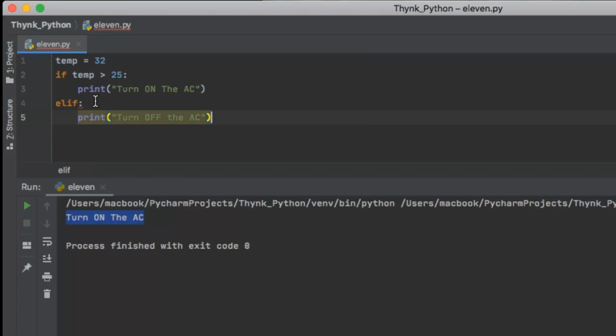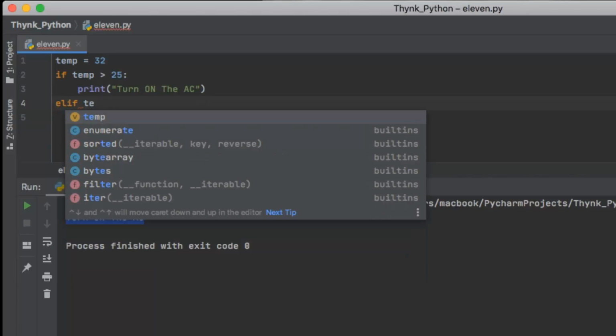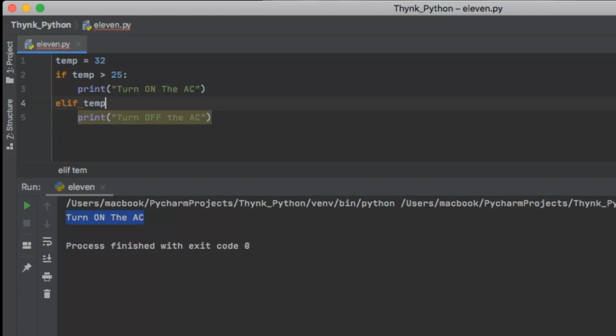So I'll say elif temp is, let's take, less than 25, then it should print: so if it is greater than 25, turn on the AC. If it is less than 25, turn off the AC.